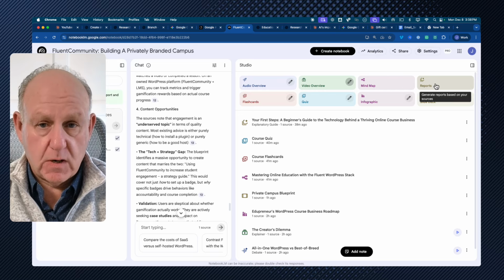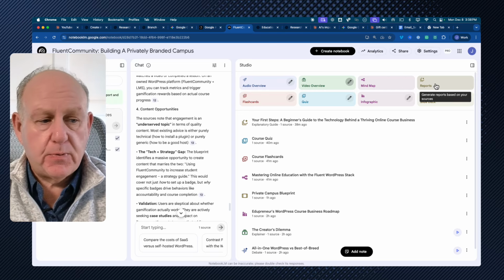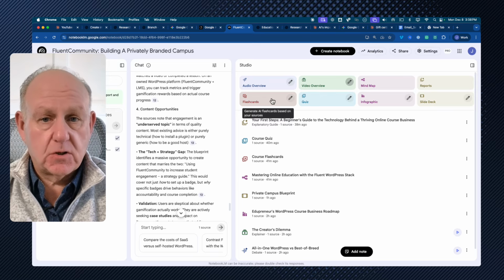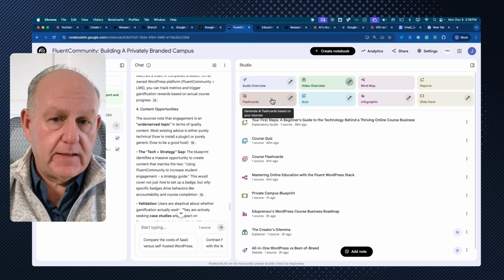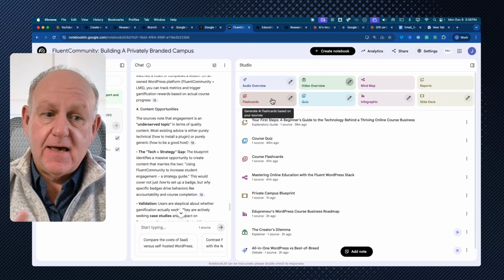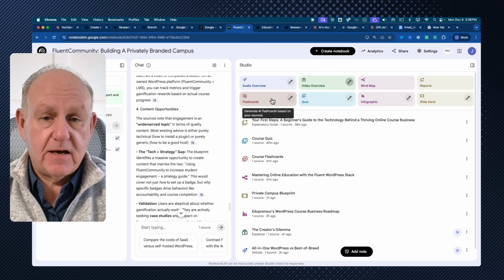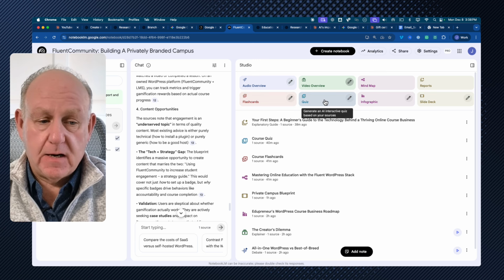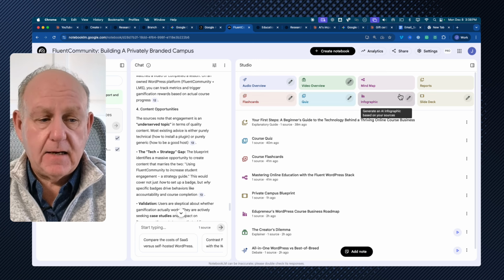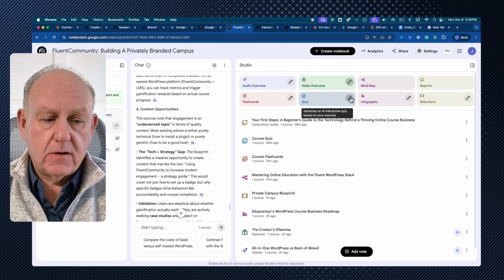A quick report, which is a summary of the large report with action items. Flashcards, so that we can actually use this to make sure that we study the key points or that we have access to the key points. And if you're an instructor, which is the other piece here, you now have the ability to create social media posts directly from here. We've got a quiz that was created, an infographic, and the quiz actually,